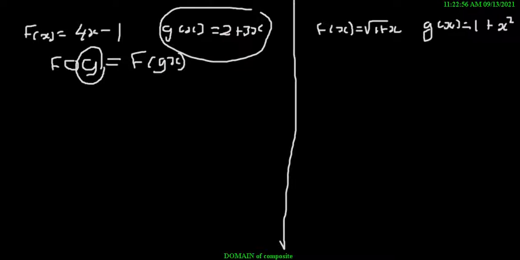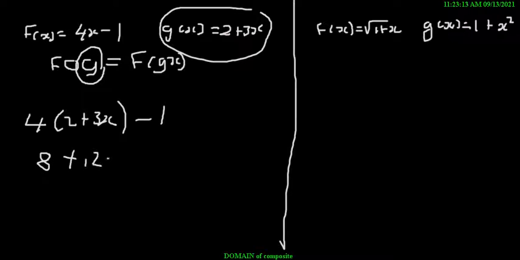So we can now put g into f and say 4 times (2 plus 3x) minus 1. Then it's going to be 8 plus 12x minus 1. It's going to be 7 plus 12x. So here we can see that our domain is equal to